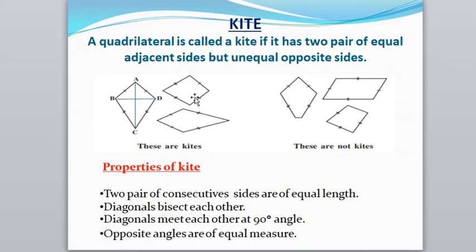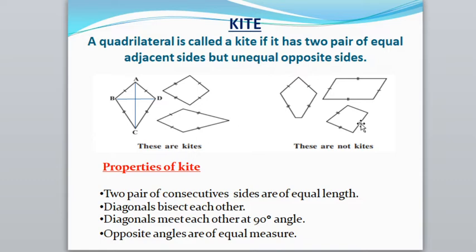So yes, it is also a kite, because see here these two sides are adjacent sides and they are equal. These two sides are adjacent and equal, therefore it is also a kite. Then in the third figure, these two sides are adjacent and equal. It means a pair of adjacent sides is present. Again this is another pair of adjacent sides. It means this is also a kite.